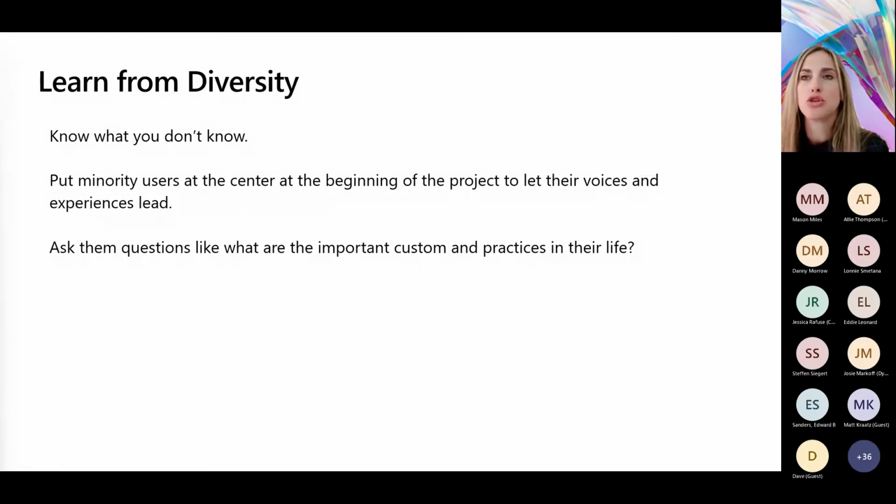I think it's extremely important that we have inclusion at the beginning, because it is expensive and it also causes a lot of time constraints when you think about inclusivity last or halfway through a project being done. And you want to ask your partners or your teammates, what are the important customs and practices in life that you might not know about as a designer